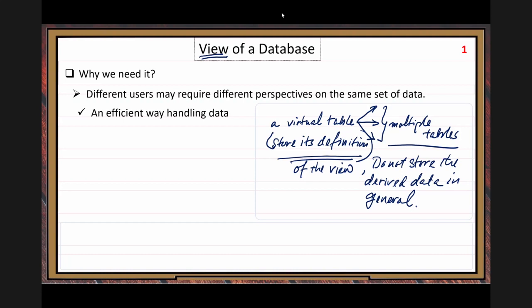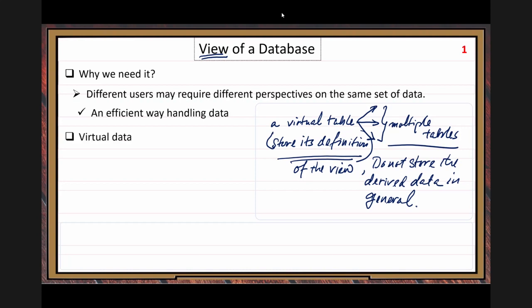But if you have good reason, you can store the derived data. Certain views are extremely important, so you like to store the data corresponding to those views physically on your hard drive, and then you can do it. But in general, if you do not have good reason, then you do not store the physical data. So that's the typical way.